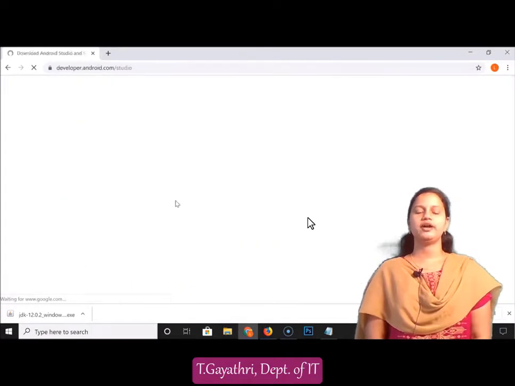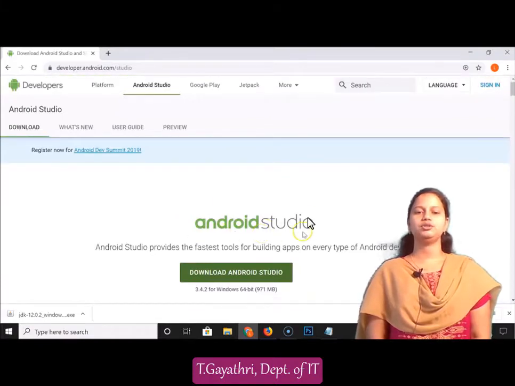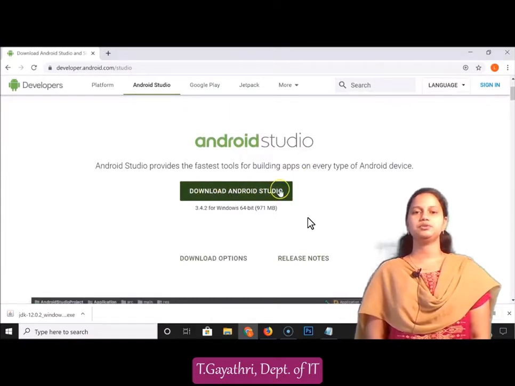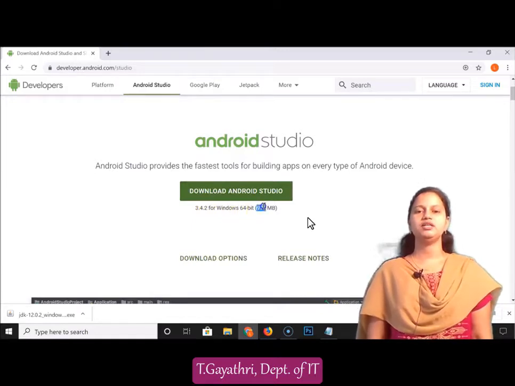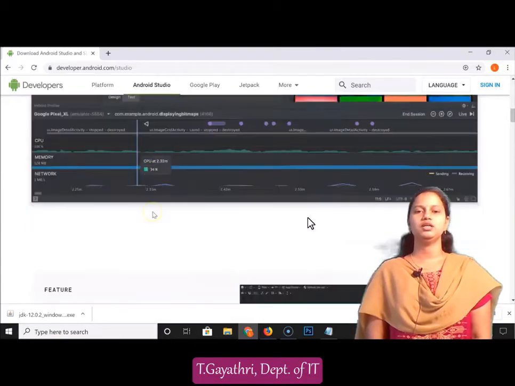Here we get the Android Studio window. Download Android Studio 3.4.2 for Windows, 64-bit, 971 MB is the size of this file. Before installing, we have to know the system requirements of the corresponding application.